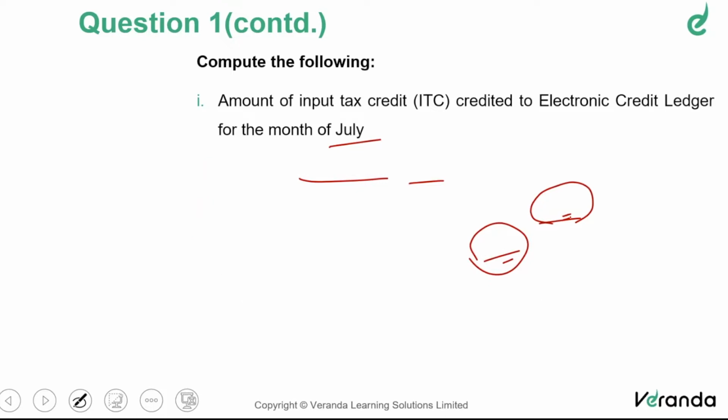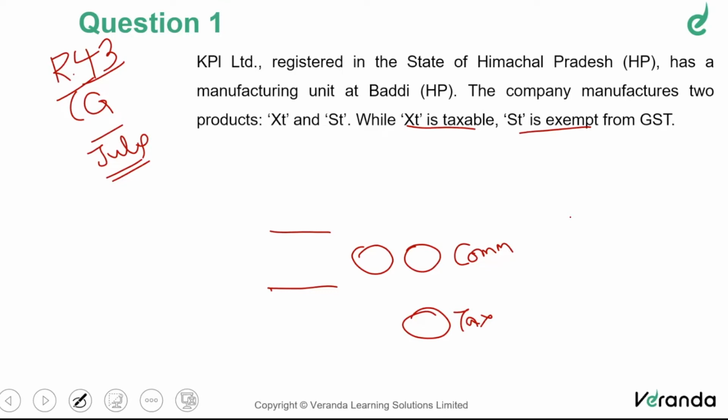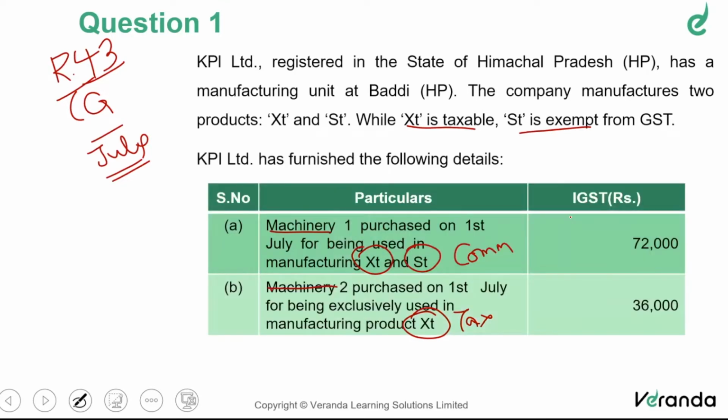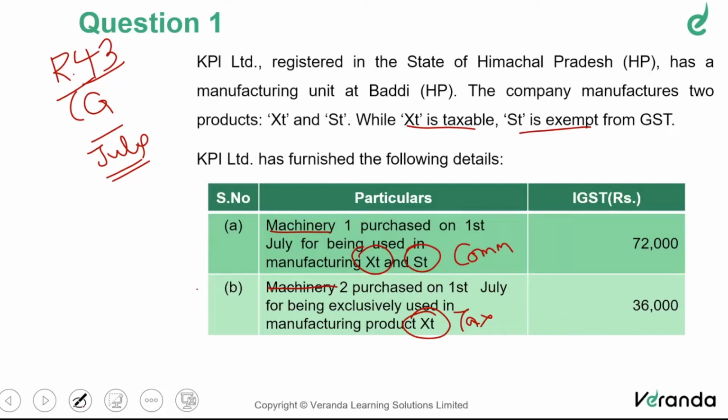Fine. That being said, now let me just go back to the question. I'll give you maybe a minute to go through it once again quickly, just to visualize and analyze the question. Then I'll tell you the steps we can adopt so that the answer discussion becomes very easy. It's not that difficult a question once you understand the method. So you can just go through the question very quickly once.